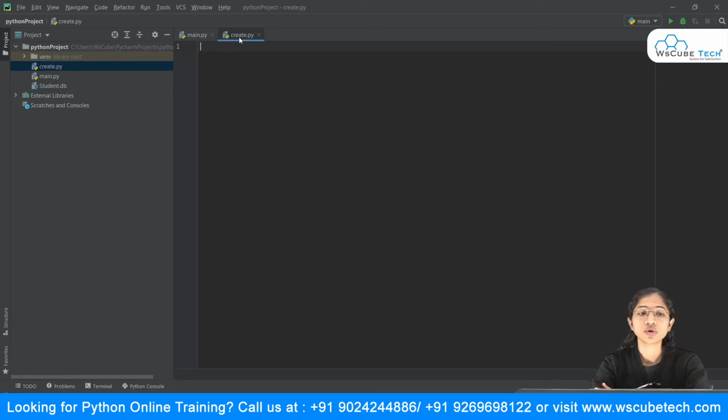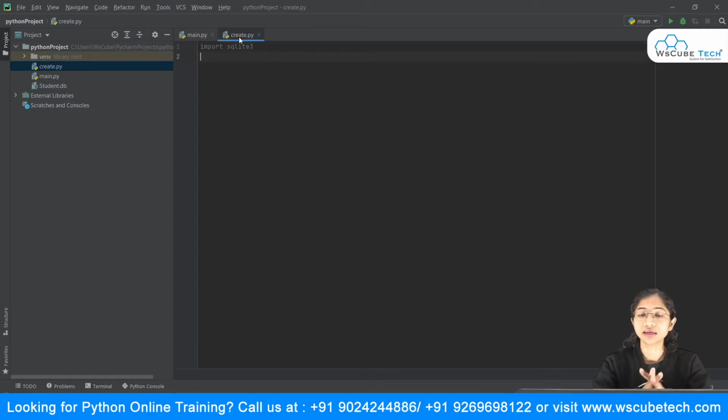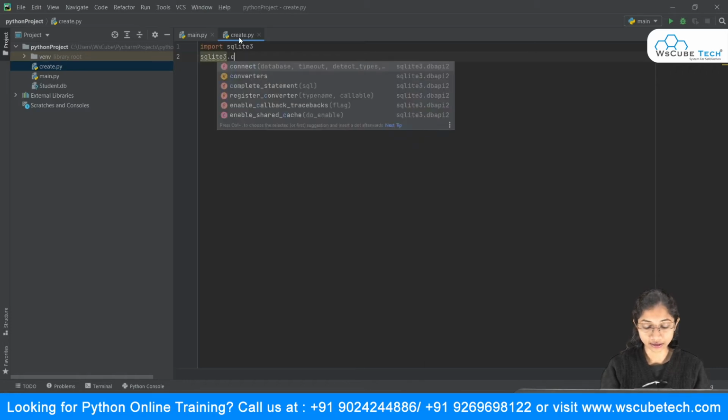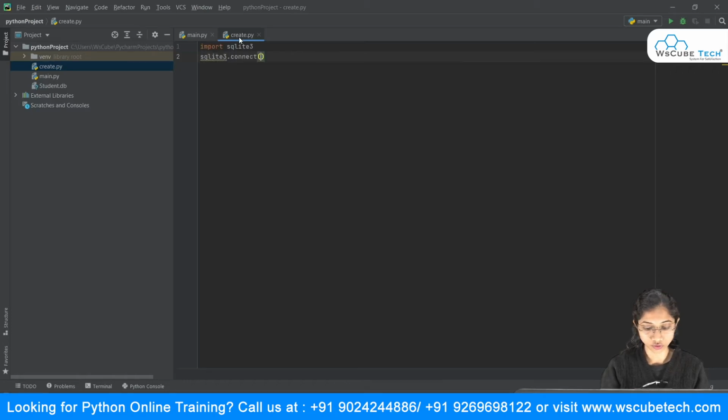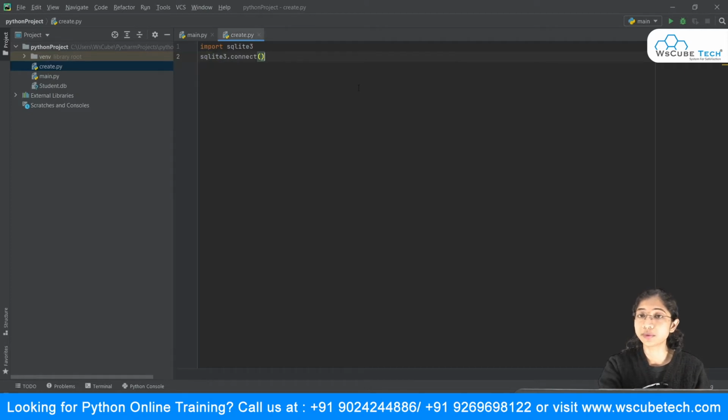So the first thing we want to do is import the SQLite. So I'm simply going to say import sqlite. This is my module and I'm importing it. The second thing is I want to make use of the connect method. This connect method is inside my sqlite, so I will make use of sqlite.connect, and inside this I want to pass the parameter, that is the name of the database that I want to connect.